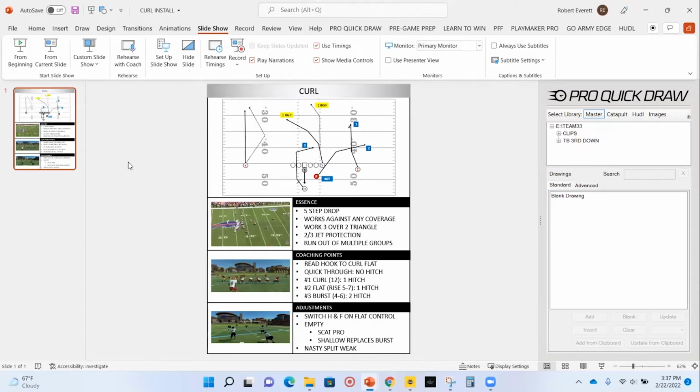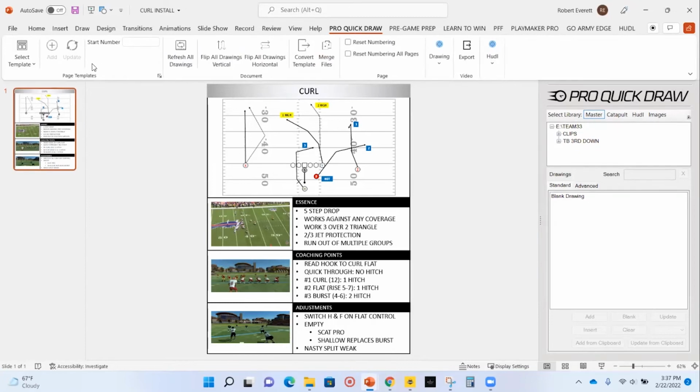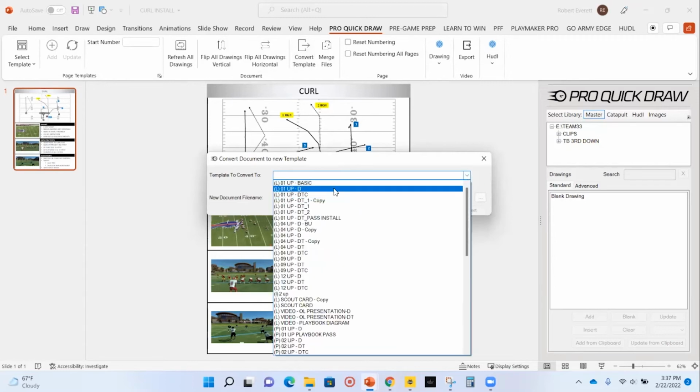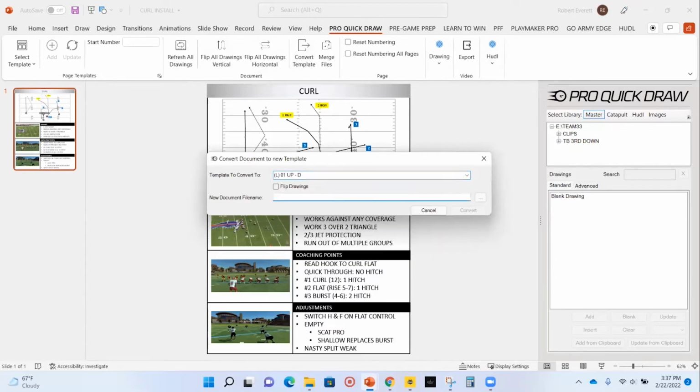Now, we talked about how technology can make this fast. This is obviously the end result, but Pro Quick Draw is a company that has taken PowerPoint and Visio and made it more efficient to use. So the creation of this can end up being pretty quick. So the first part about this, we'll talk about this in the scout cards, but we're going to be able to convert this into a presentation